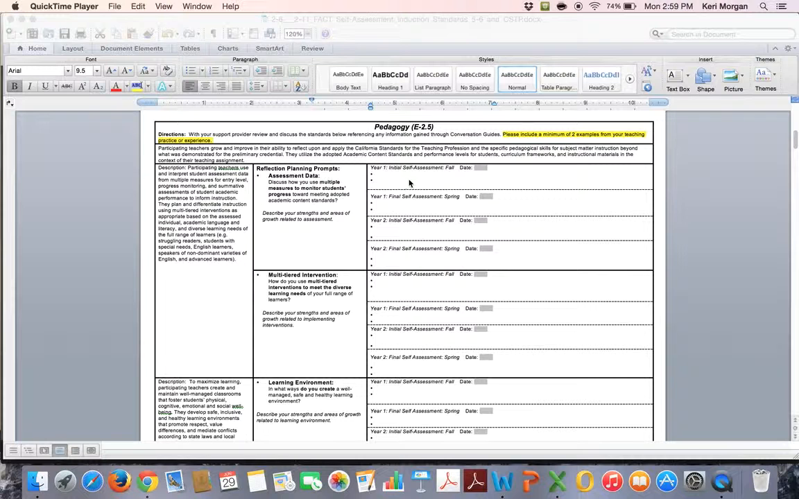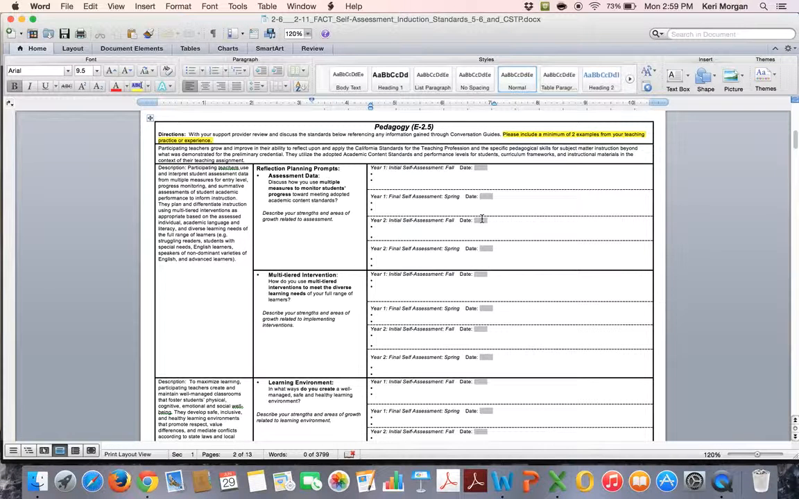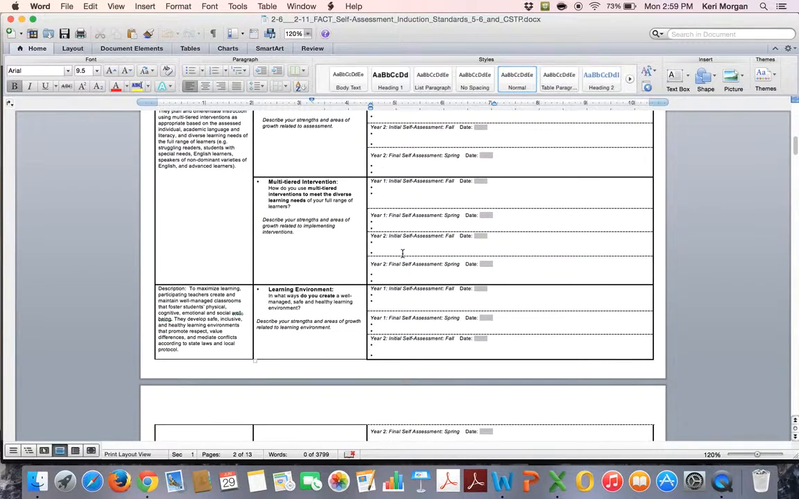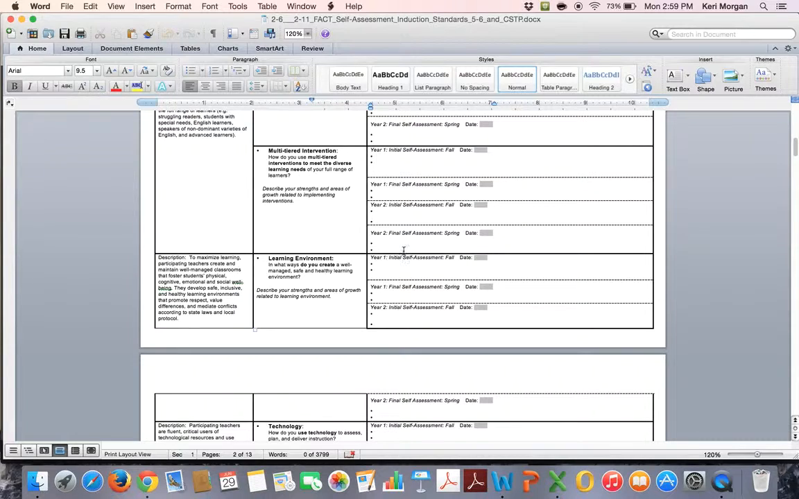You are going to skip the Year 1 initial assessment and the Year 1 final assessment. You are Year 2. You will begin with Year 2 initial assessment fall. You are going to date when you complete the assessment, and there are 2 spaces for the bullets to show the examples of how you are meeting this prompt currently in your classroom. It is not required for you to use the self-assessment from Year 1. It is okay to start with Year 2 initial assessment and leave the Year 1 sections